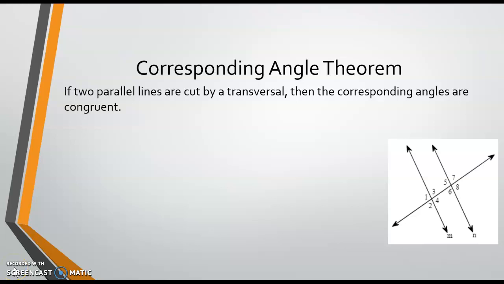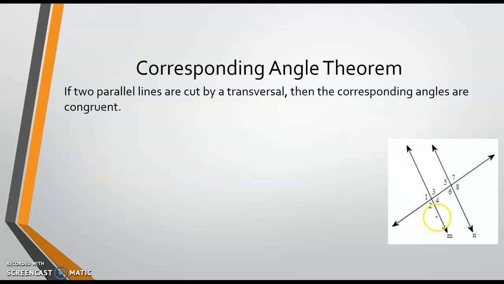All right, so now we're going to start on theorems. Theorems are if-then statements that mathematicians have proven to always be true. And so, in this case, if two parallel lines are cut by a transversal, and so my two parallel lines are M and N, and of course,